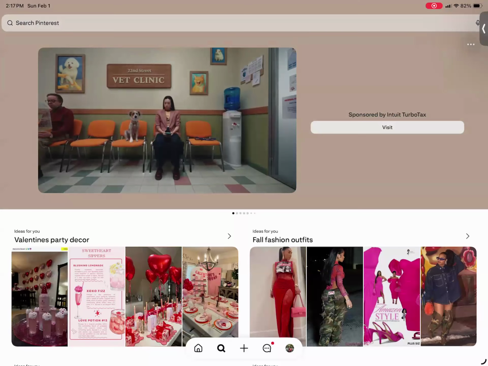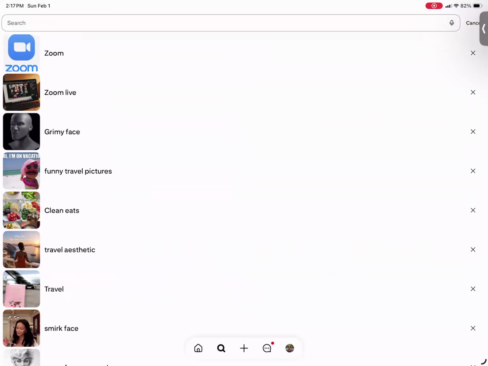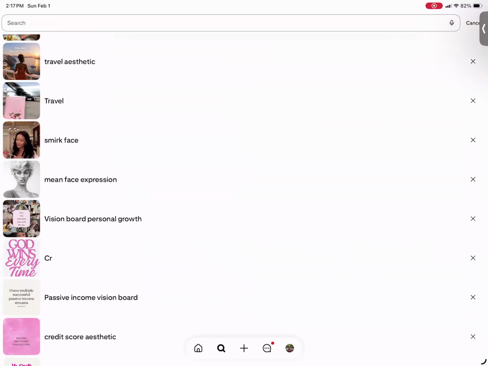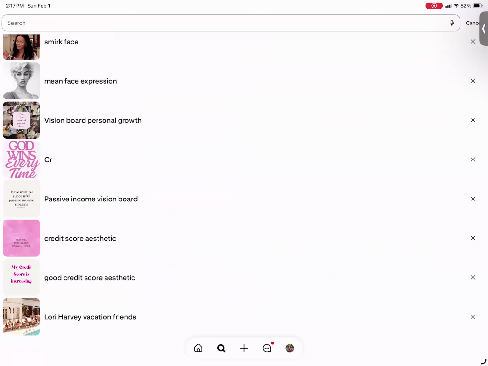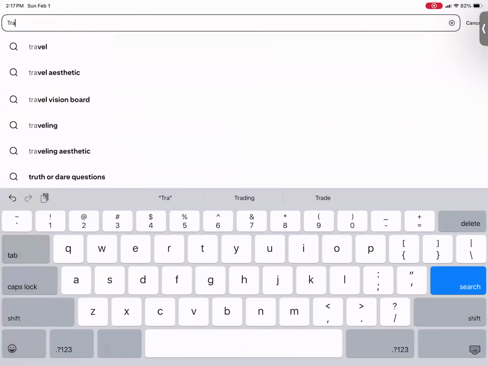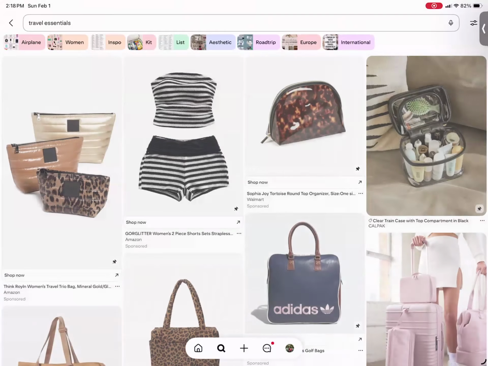You would go to search and then you basically just search whatever it is you're looking for. So you can see here some of my search history, right? You see grimy face, funny travel pictures, clean eats, travel aesthetics. These are just some things that I've searched recently. So let's say if I wanted to make a travel essentials board, if I type travel essentials,